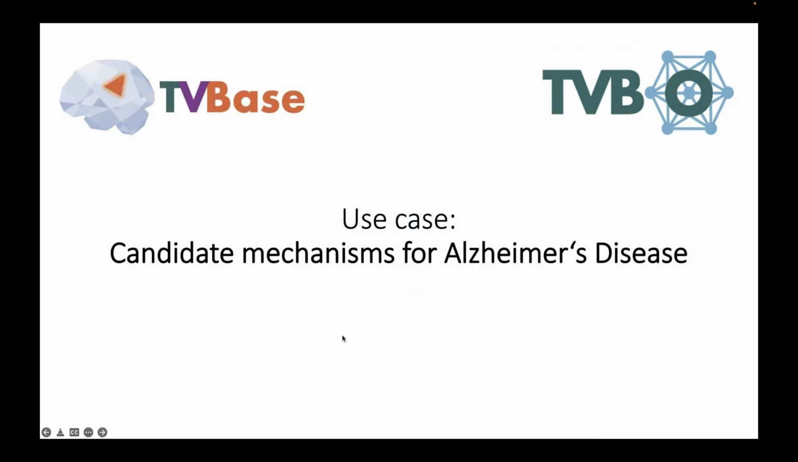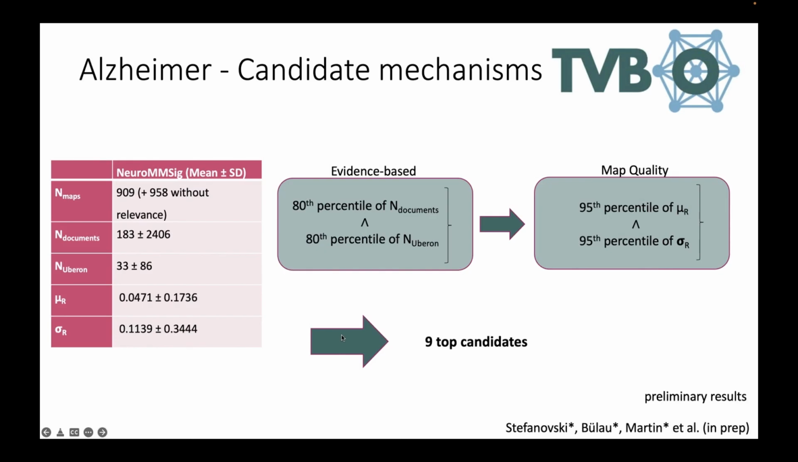Okay, and just to show you one use case where we use this for finding new candidates, we just mapped a big cohort of entities from this NeuroMM-SIG ontology that I've mentioned before, which were about 1,000 maps, and then we extracted the maps with the highest spatial informativity. So the maps that had the strongest patterns,